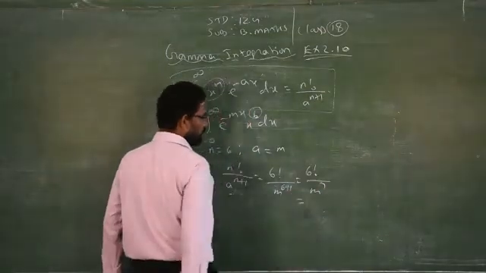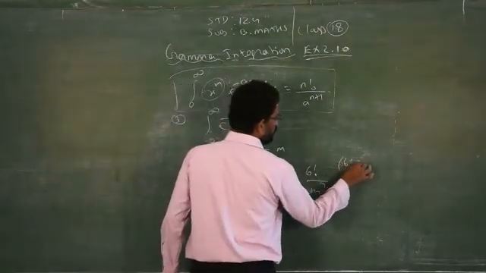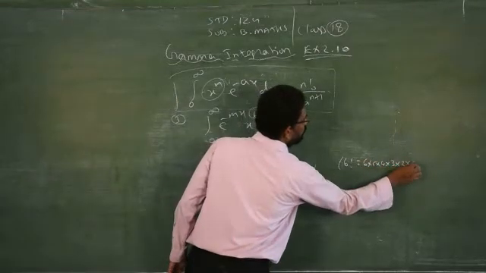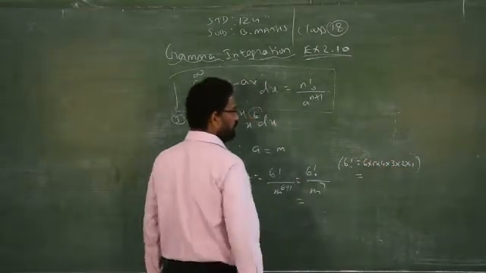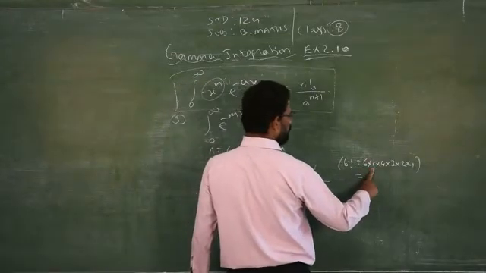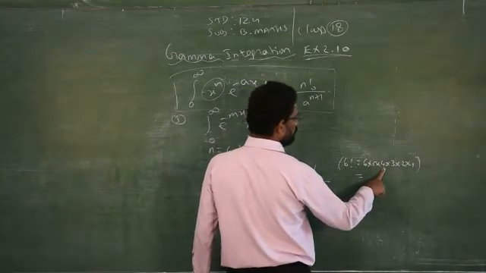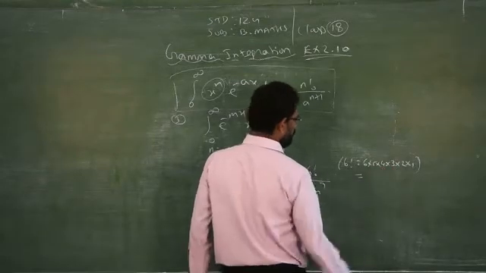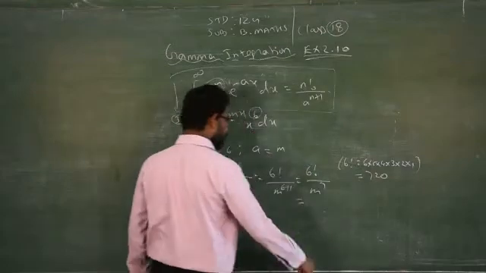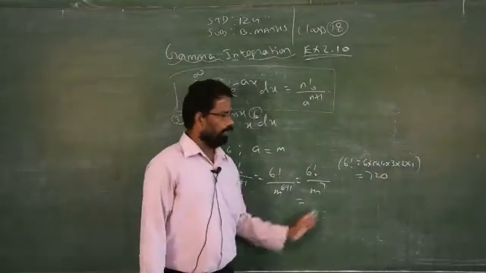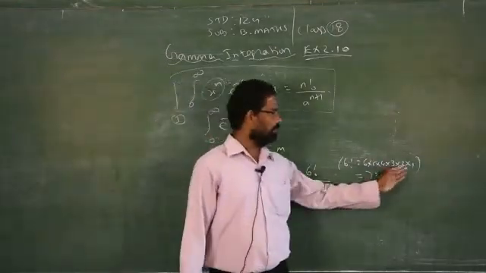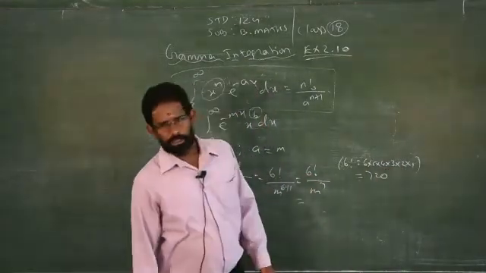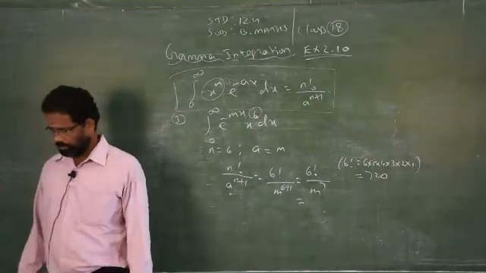When you expand 6 factorial, it is 6 into 5 into 4 into 3 into 2 into 1. 6 5s are 30, 30 into 4 is 120, 120 into 3 2s are 6. So how much? 720. So you can multiply and write. Clear? Maybe my multiplication will be wrong, you check and write the numerator by the denominator m power 7.